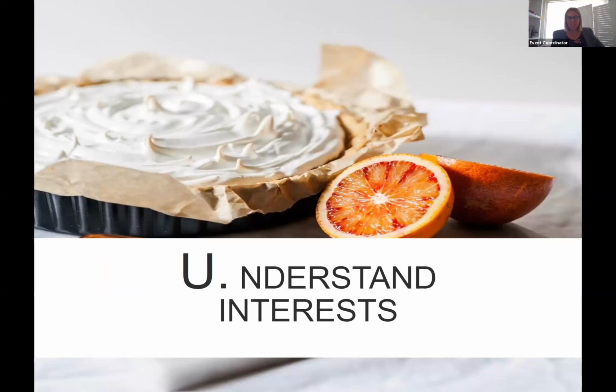Understand interests is the next principle. As I said, it's not just about this is my position, this is your position, but looking at what is in the best interest of the children. I often use this orange analogy. If you were to break the orange and both parties wanted the orange, how could you both have it?